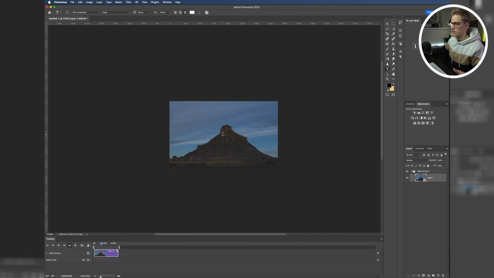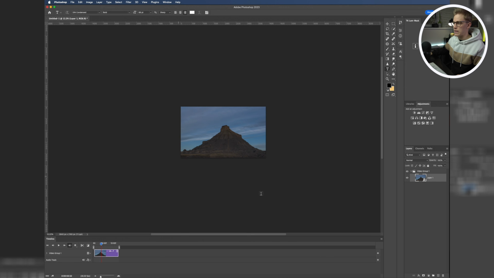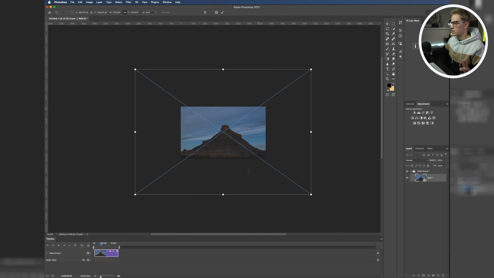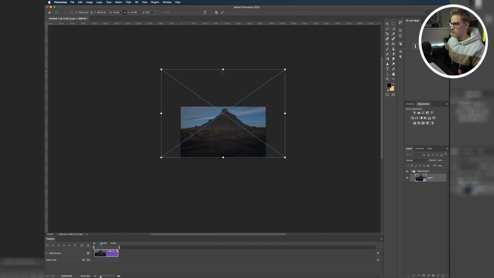So now we just need to fix the crop on our photo. All the info's still there, it's just outside of the bounds of those parameters that we set. To combat this, I'm going to make sure we're zoomed out so that we can get a good view of everything. Then I'm going to hit Command T, and now you can see the actual parameters from our original photo. So we're going to crop this in,